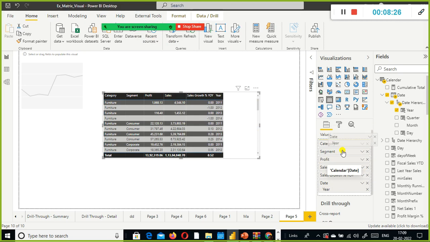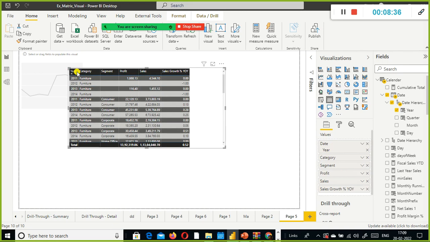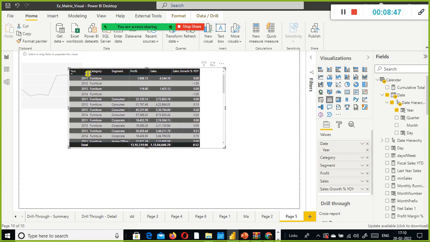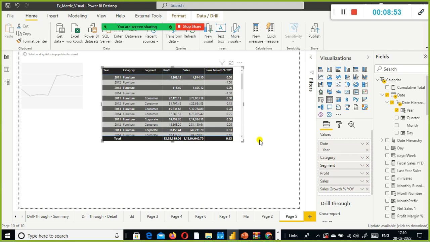I just move this above this one category, 2011. So hierarchy is not possible in table. In table visual is for two-dimensional purpose only. Okay, anyhow, we will play around with, we will explore what other options are available when it comes